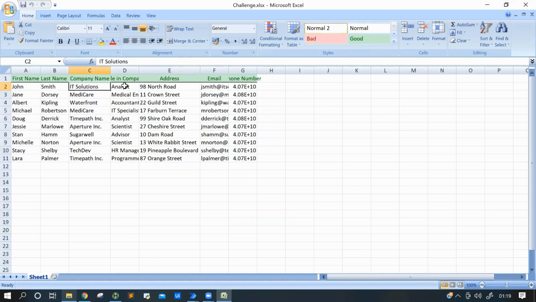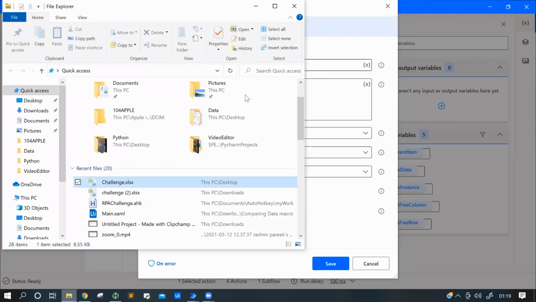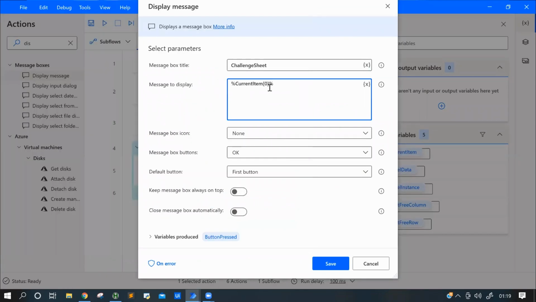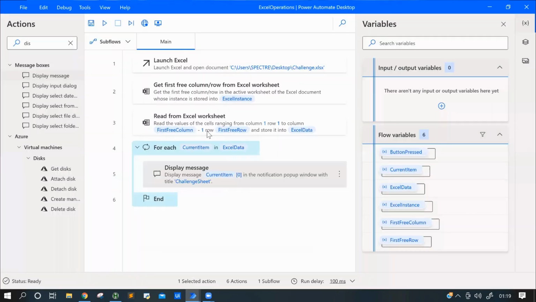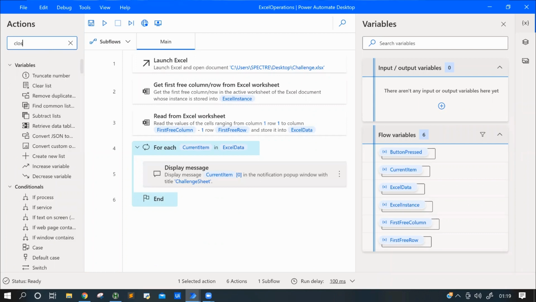If we want second name or another field, for example address, you can count 0, 1, 2, 3, 4, like that. You can give whatever you want, or you can specify the column name, first name, second name, like that. That will also work.